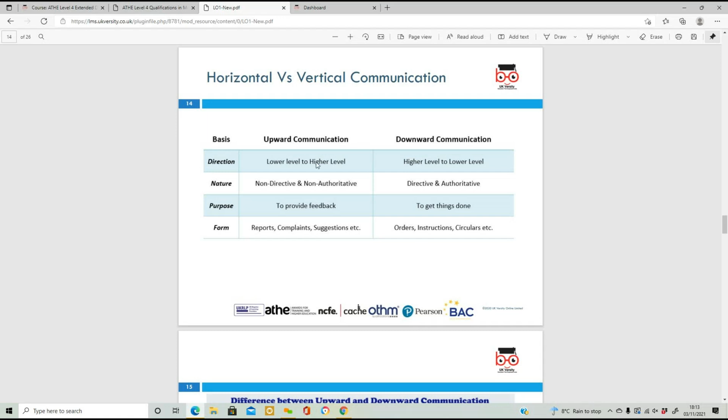Now we've got horizontal and vertical. Now you've got upward communication, as we talked about, which is where lower level to higher level, so bottom to top. It's non-directive and it can be non-authoritative. So it's not much authority. Is upward the same as vertical communication? Yes. Okay. And then you can get an opportunity to provide feedback, and it's things like reports or complaints